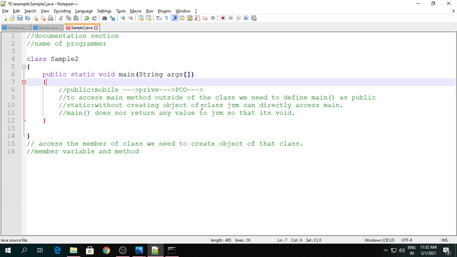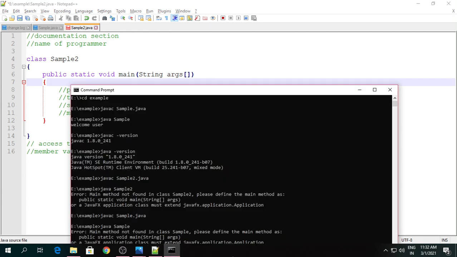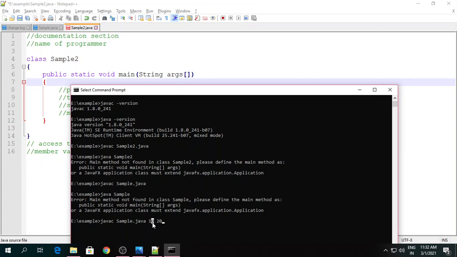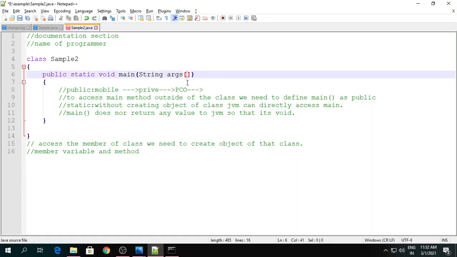Whatever value you are giving, if you are entering values like 10 and 20, these are numerical values, but when they get stored here, they will be considered as a character type. It will store all values as string type, so that argument array is your String args. The command line argument is nothing but String args. In this way we use public static void main(String args) in our program.